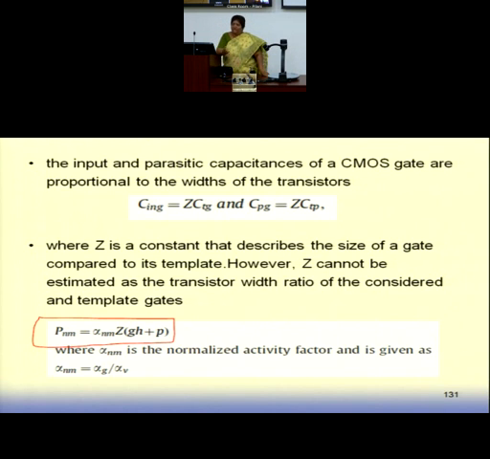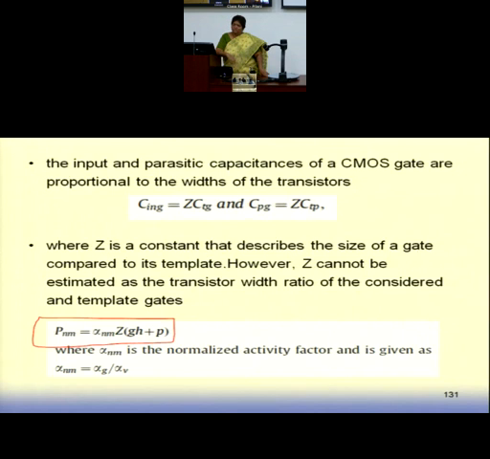We are saying it is 4 times, that can be 4 times the template gate. So here my template gate can differ from the unit gate, the unit inverter. It can be the same as a unit inverter, it can be different from the unit inverter. Depends how you design. So it gives you a kind of flexibility in deciding your own template gate.